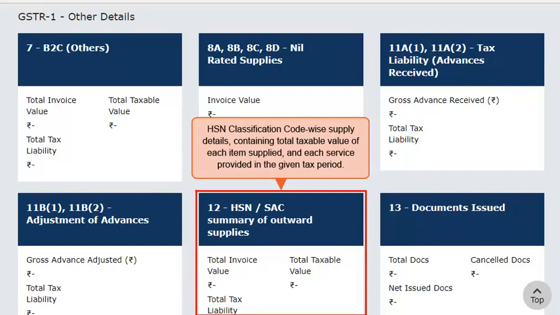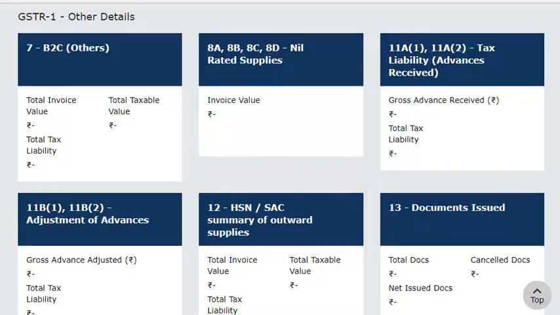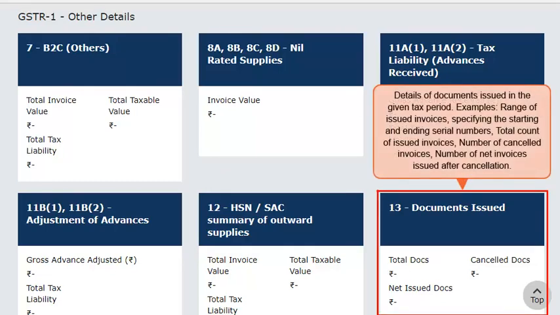This tile captures the total taxable value of each item supplied and each service provided in the given tax period. Finally, the Documents Issued tile captures the details of documents that might be issued by you in the given tax period. Examples of such documents are the invoice range, specifying the starting and ending serial numbers of invoices issued, total count of invoices issued, number of invoices that were cancelled, and the number of net invoices that were issued after